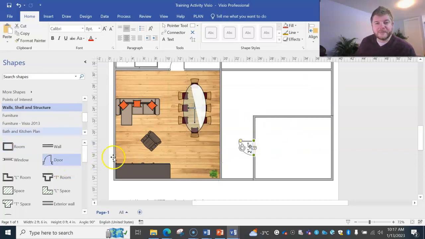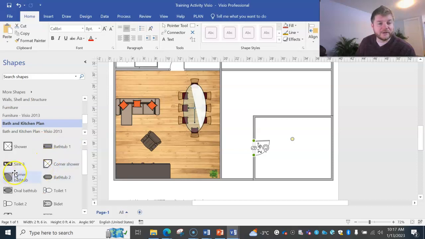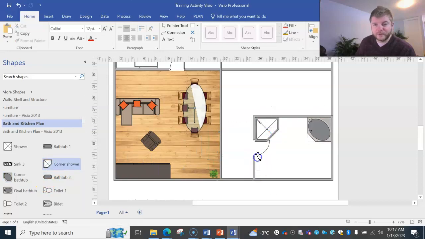So what I do for a bathroom, I put a door in, and then I look for my bathroom and kitchen plan. So there's all kinds of options here. I might do a corner bathtub, as well as a corner shower, and you can do that. I know it didn't ask for that, but the more the merrier. I'm also going to do a